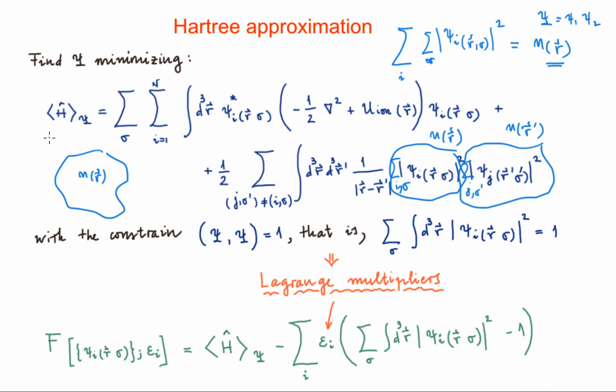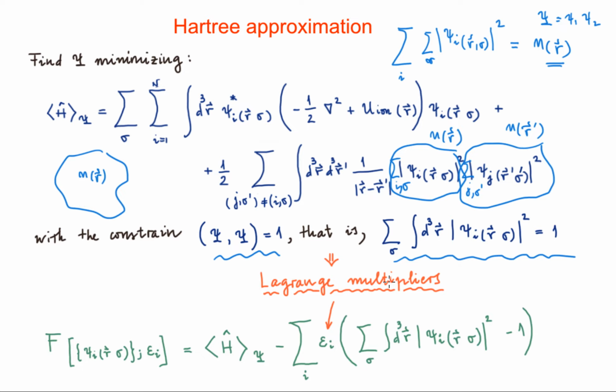So we have to minimize that expression with respect to the wave functions we are using in the calculation of the average of the Hamiltonian. But the wave functions we are going to use have a constraint. They have to be normalized, which basically means that the wave function we have for each electron has to be normalized. So whenever we are doing a minimization with a constraint, we have to use a Lagrange multipliers method, which